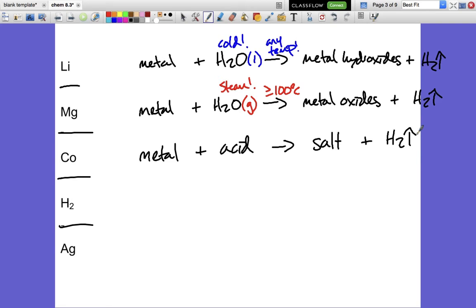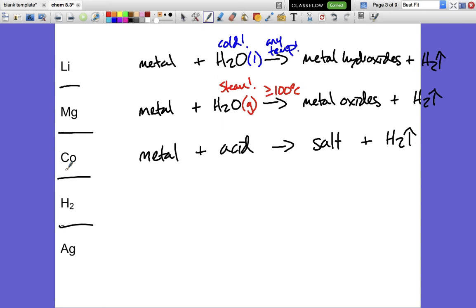And cobalt is directly above hydrogen on the list, right? Because hydrogen's the next group. It's the top of the next group. And so any of the other metals in that next group obviously could not displace hydrogen because they're below hydrogen. They won't be able to replace hydrogen in an acid. They won't be able to replace hydrogen in